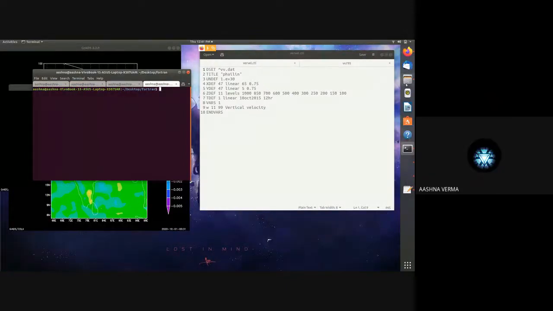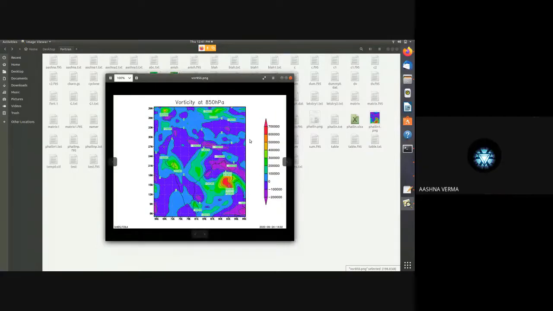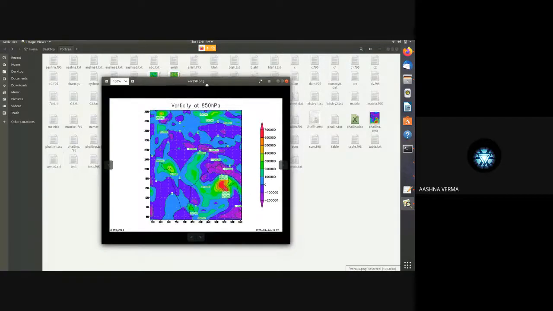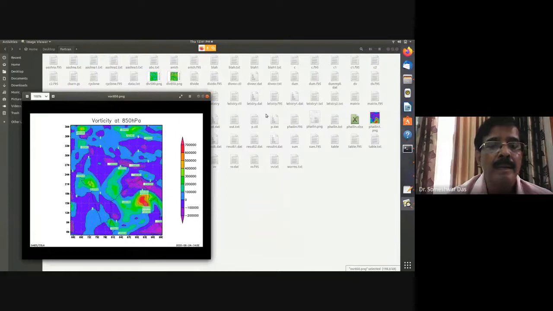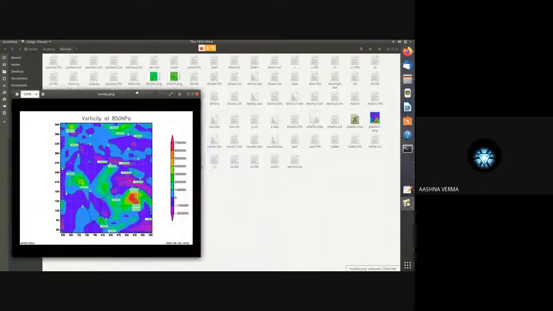Okay, sir. I have saved the plots, I can show you that. This is my vorticity which I plotted using the CTL file that I made. And the real vorticity is here.